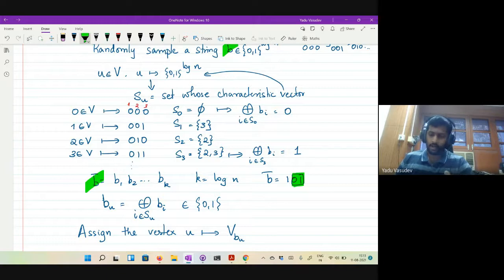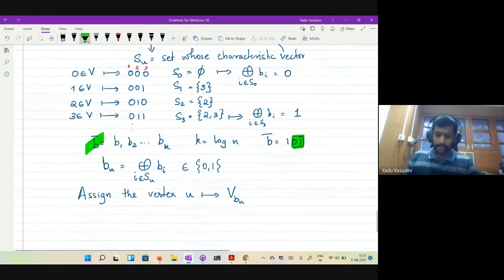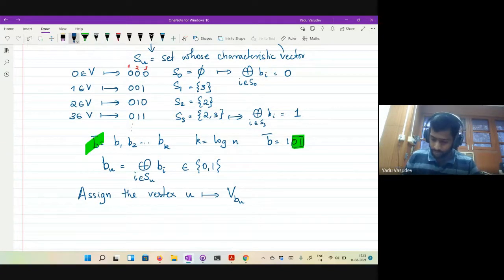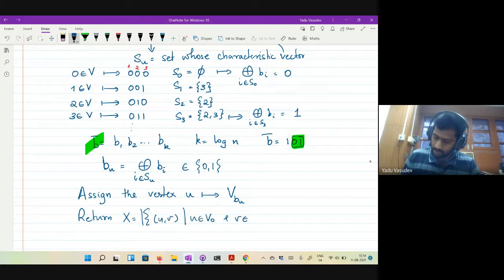Initially, the assignment was very simple. You just assigned vertices uniformly and independently at random. Now the assignment has become a little more complicated, but the remaining part is the same. Finally, you return X, which is the cardinality of the edges that cross the cut obtained this way.